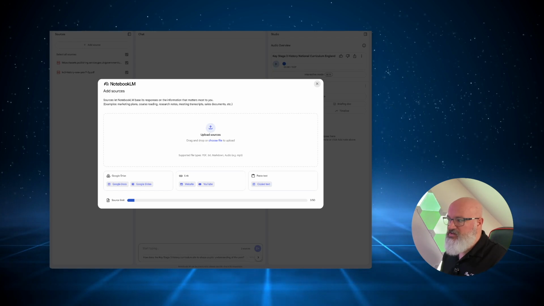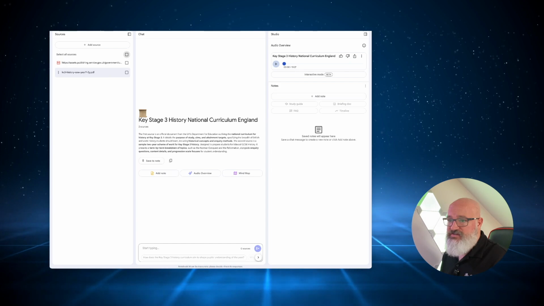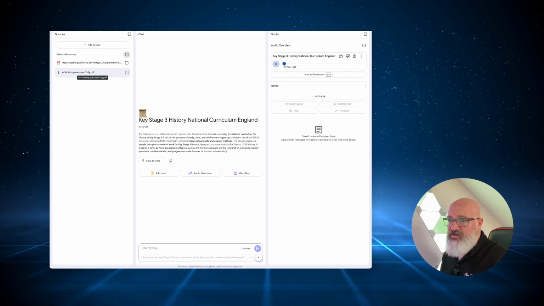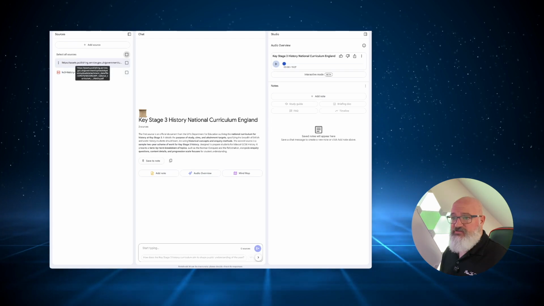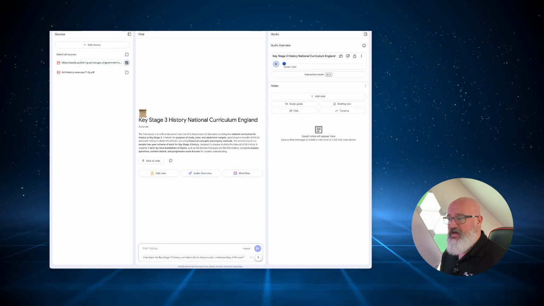So we'll upload these documents that I've put into it. We drag them over, and what we've added here, so I'm just going to deselect these, is a government website, you can see there, and I've also got this Key Stage 3 document for history in year 7. So we're going to focus first of all on this government one, so in terms of the breakdown of what is required for history. So we can just look at that,